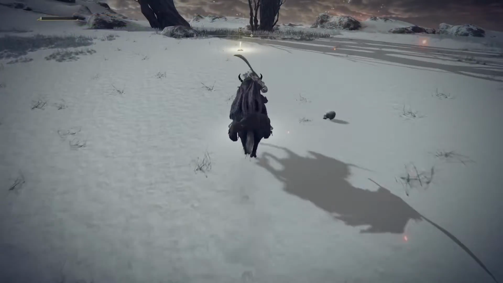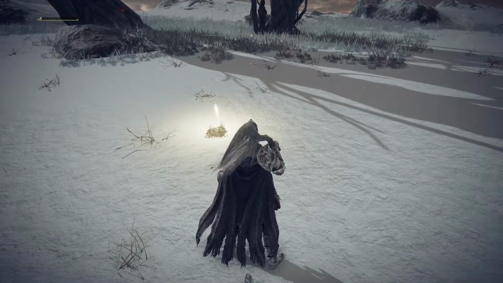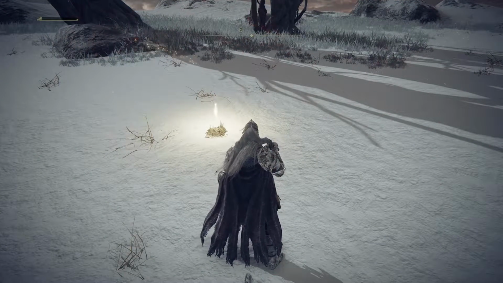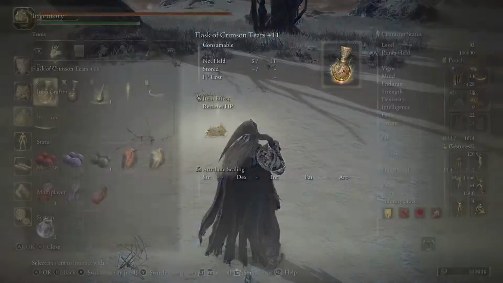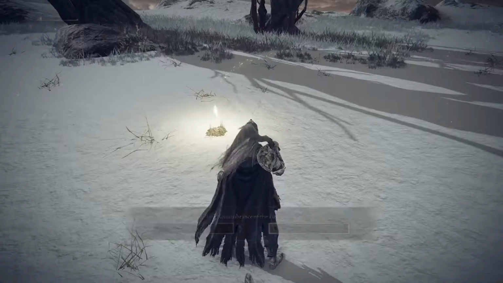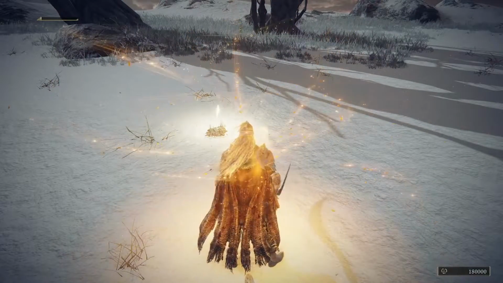So once we slay the fire giant, that took longer than I wanted it to, but it is what it is. This is real, and that's just how it is. Kill fire giant, use remembrance, so eat that remembrance we just got. And then...